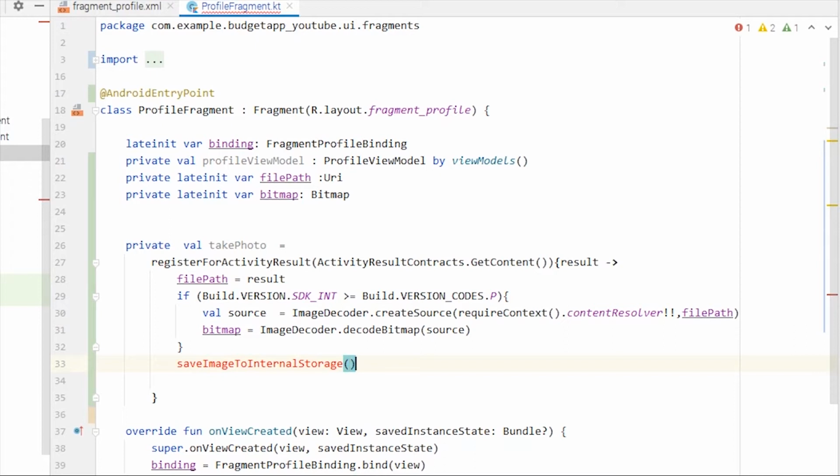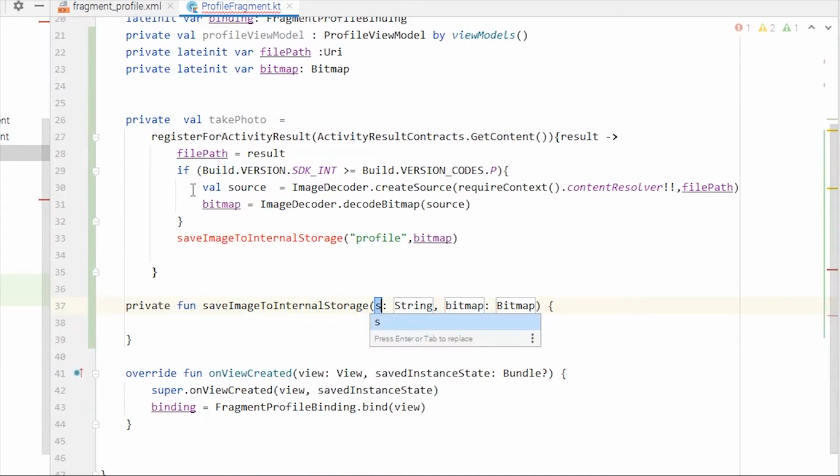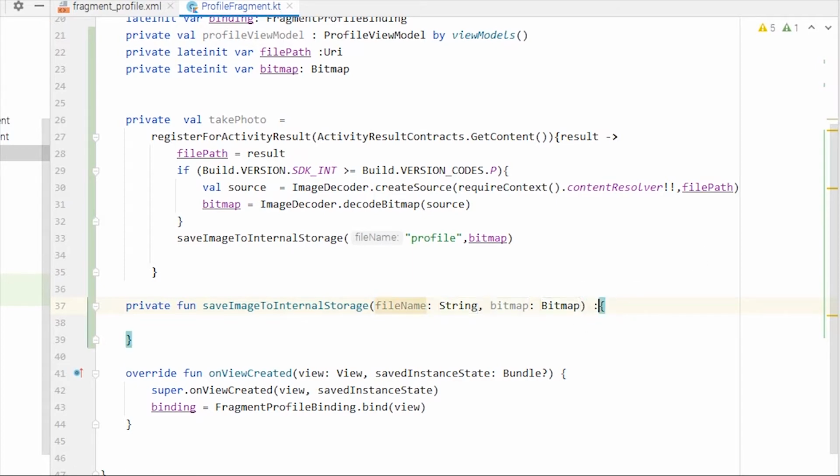So I'm going to simply hard code this as profile, and we'll pass bitmap here as a second parameter. And now we can create this function, and we will just change the name of this as fileName, and I'm sorry, this function will return Boolean,